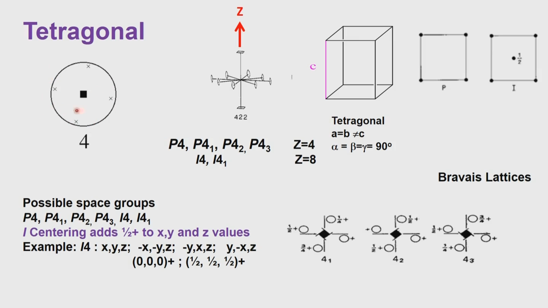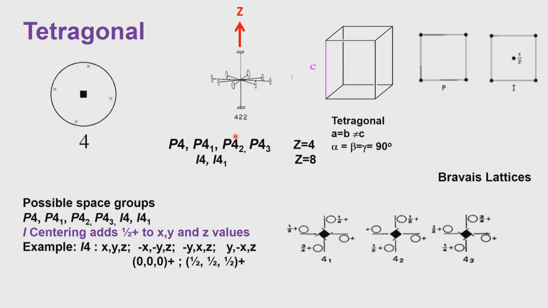Having generated four equivalent points, we can also generate four equivalent points if we take the combination of the four-fold symmetry with the presence of 4 1, 4 2, 4 3. So, if you take for example 4 1, from this point to that point we will have a 1/4 translation added. From this to this we will have a 2/4 translation added. From this to this point we will have a 3/4 translation added.